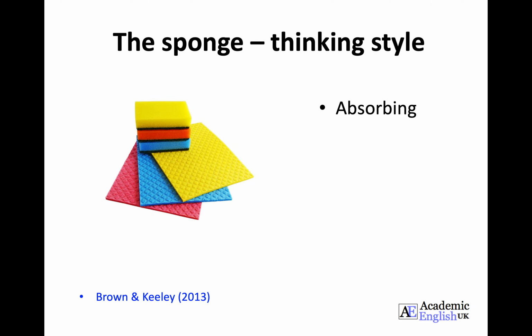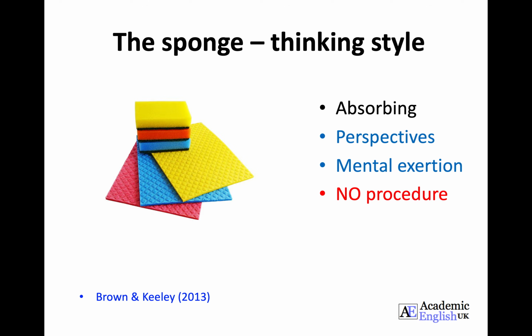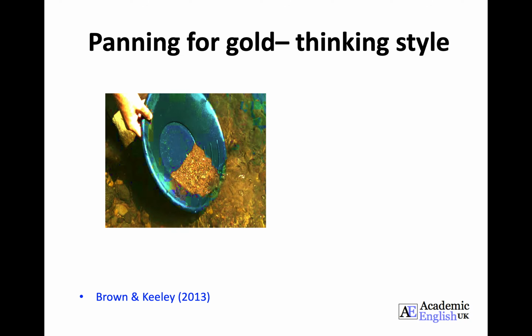The 2 benefits of this style are that the person can absorb large amounts of information to view the world from different perspectives, and it does not require huge amounts of mental exertion. However, this process of thinking offers no dependable procedure for determining which opinions or information to trust and which ones to reject. The second approach, which is referred to as panning for gold,